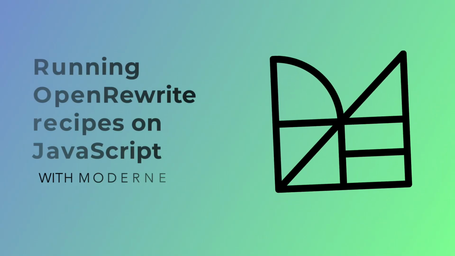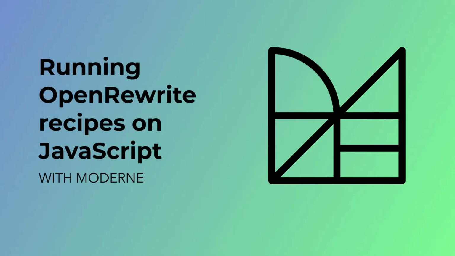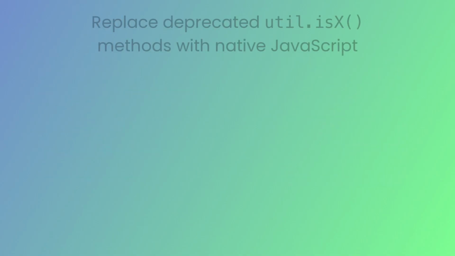OpenRewrite now supports JavaScript and TypeScript, so the same proven transformation model behind thousands of Java and Spring migrations now works for Node.js and front-end code too. To see it in action, let's run one of the first JavaScript recipes now available to help upgrade your Node